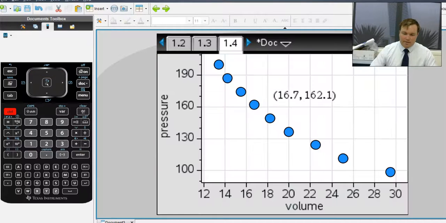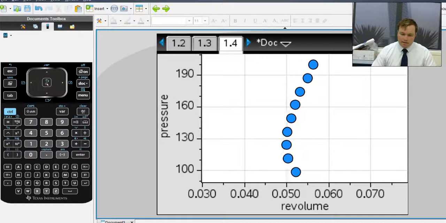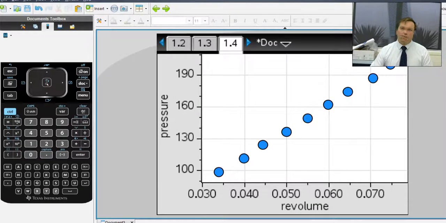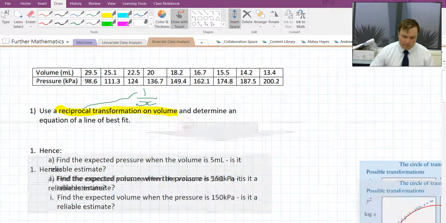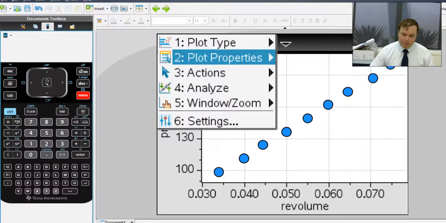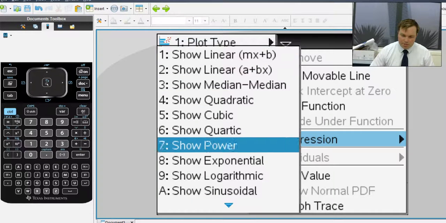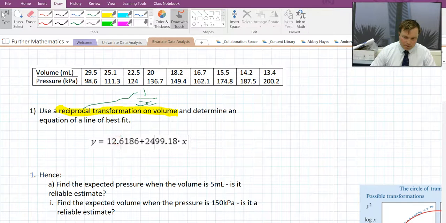Alright, so let's see if that linearizes our data. So instead of volume here, we want reciprocal of volume. Oh, that's nice, isn't it? Straight line, it's a beautiful thing. Alright, then determine the equation of the line of best fit. Let me give myself some space to do that. So, we want a line of best fit, and we're always going to plot our linear regression, show linear. We might just grab that and bring it down here. So, we've got this,